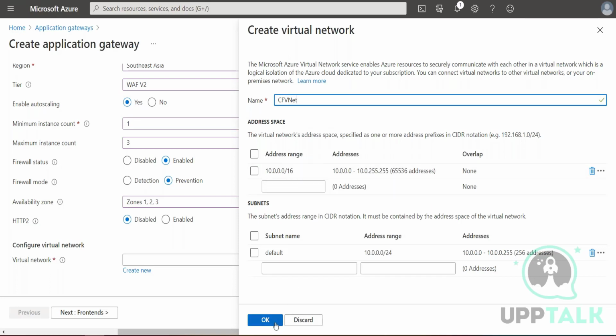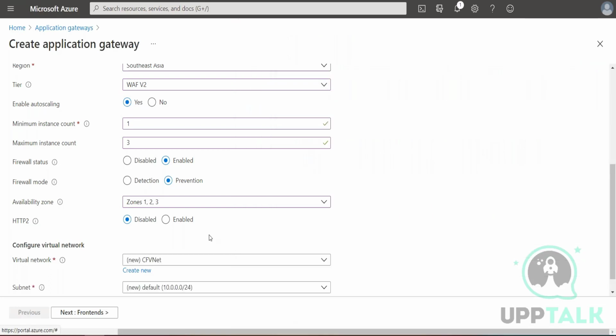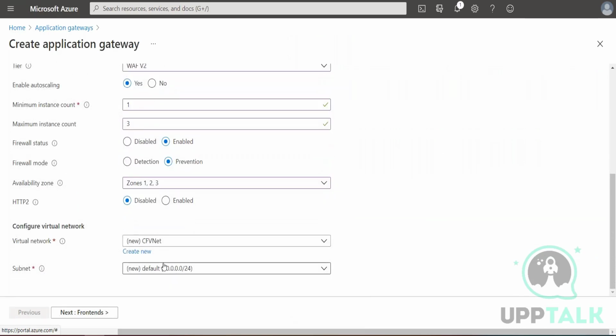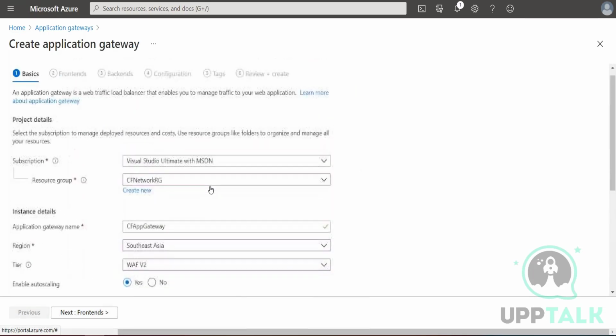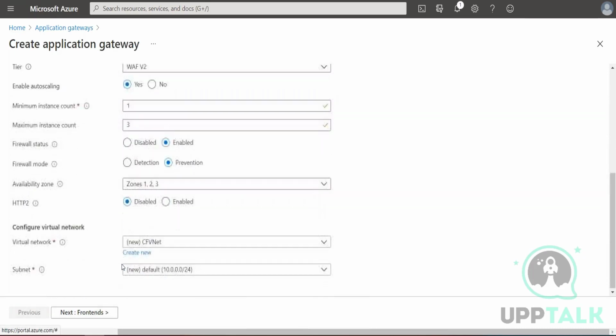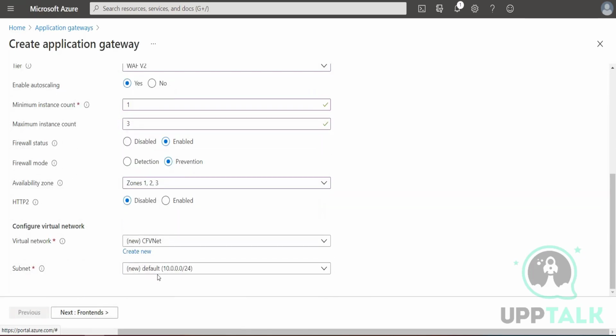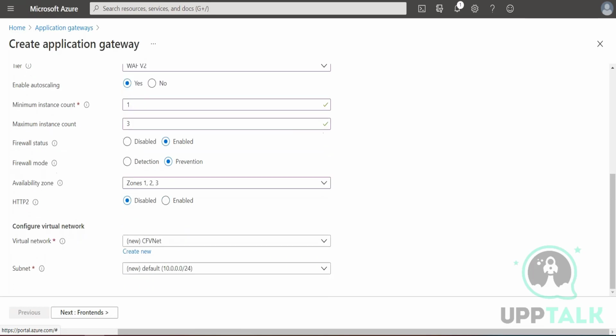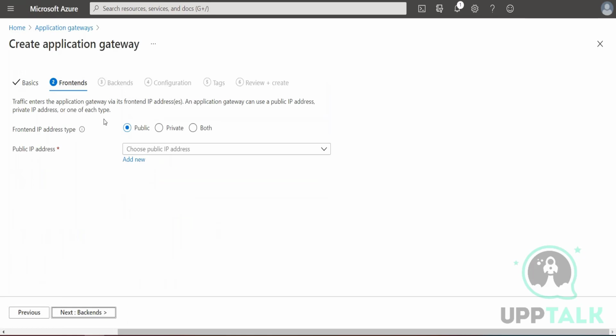Let me create a new virtual network with the default values. So here what we are configuring is your resources in terms of number of instances you want. It is application gateway with web application firewall. Let's move further. In terms of front-end resources, like we did in